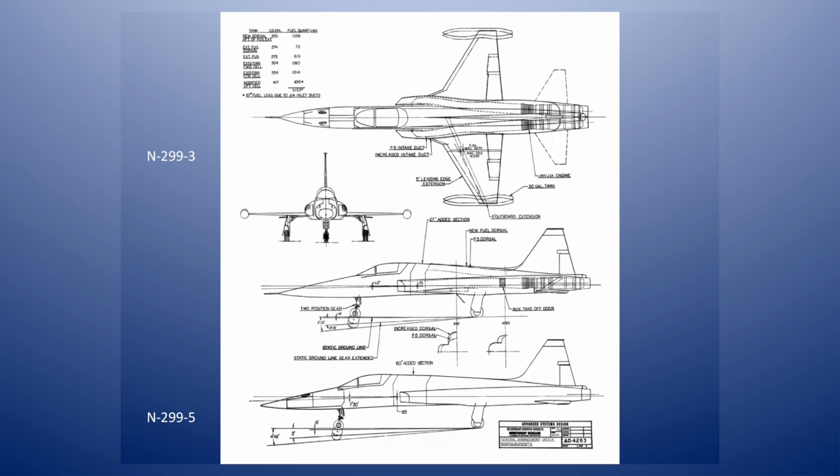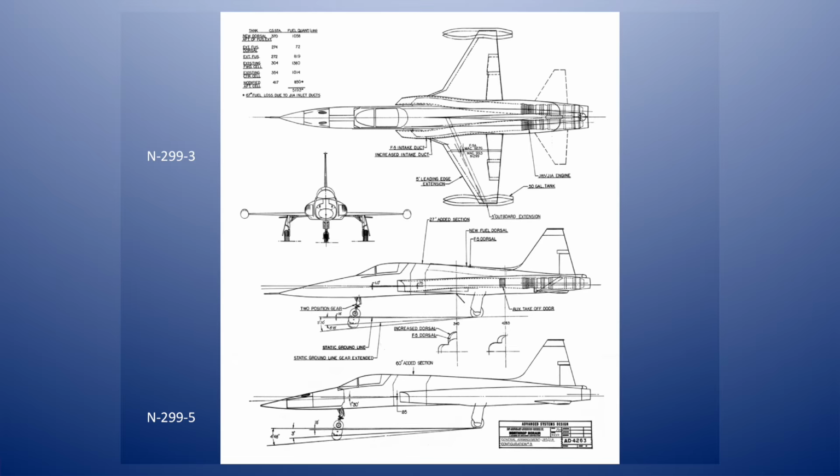Another iteration, adding plugs to the fuselage to lengthen it. And you can see that this is a march toward what would eventually become the F5E. They're extending the fuselage, they're increasing the wing so they could get better performance than they could with that small F5A, which was essentially a point interceptor and a short-range close air support aircraft. So these are the N299s. The bottom design had a 60-inch fuselage plug, and you can see where it's plugged into just after the canopy